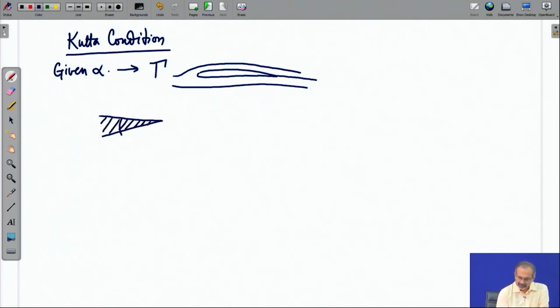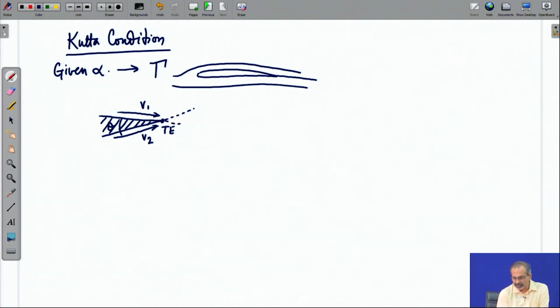You could be having a finite angle, let us say theta, at the trailing edge. So, this is your trailing edge, and potential flow approaching the trailing edge from the upper and lower surfaces of the airfoil. There is no guarantee that those velocities would be equal in magnitude. So, in general they are different in magnitude. They are obviously different in direction because they are approaching the trailing edge point from two different directions,